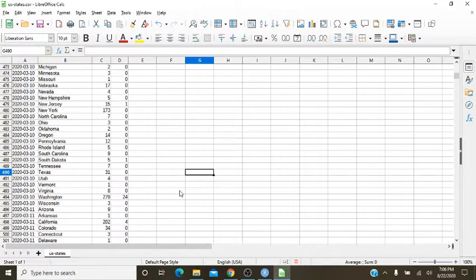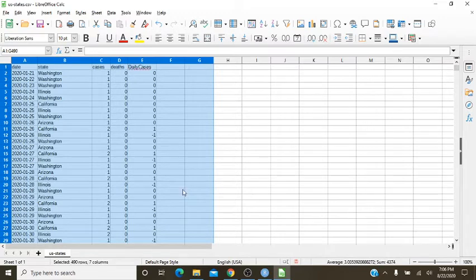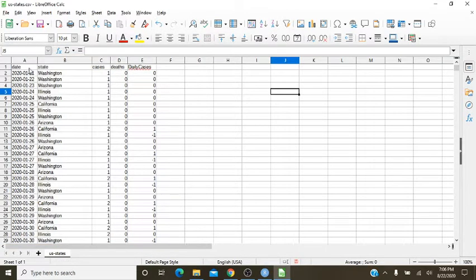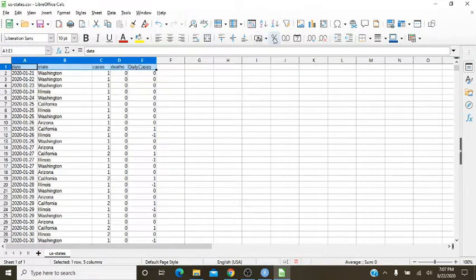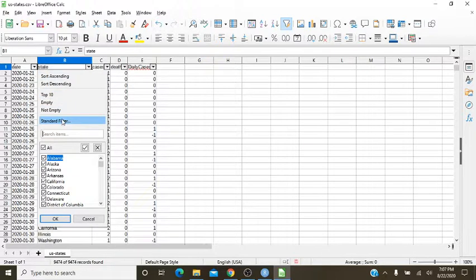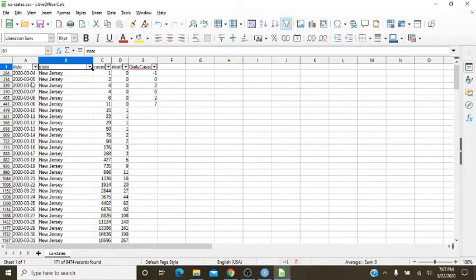Oh, wait. It's embarrassing. I forgot to pull out the data we needed for New Jersey. New Jersey. No wonder the numbers aren't making any sense. That's all right.